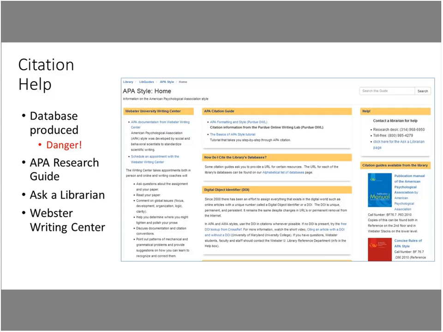You'll notice I forgot to say about APA citation. There is a citation guide called the Publication Manual of the American Psychological Association. So it's the whole manual that tells you in depth about citation and how to write and format a paper in APA. We have that right there at the desk because we do answer a lot of those questions. So we'd be happy to help you with that as well.